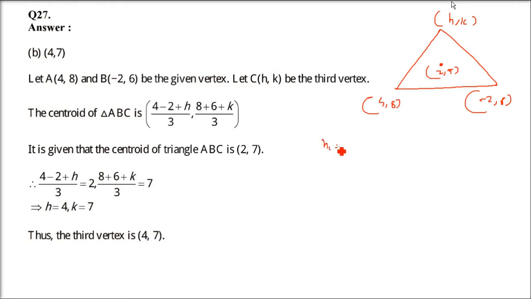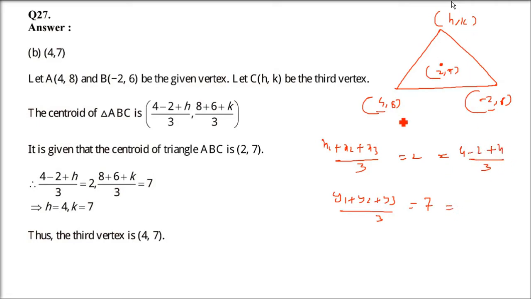So x1 plus x2 plus x3 by 3 is the first coordinate, that is 2. Then y1 plus y2 plus y3 by 3 is the other, that is 7. So x1 is 4, x2 is minus 2, and the point is h. 4 minus 2 plus h by 3 equals 2, and 8